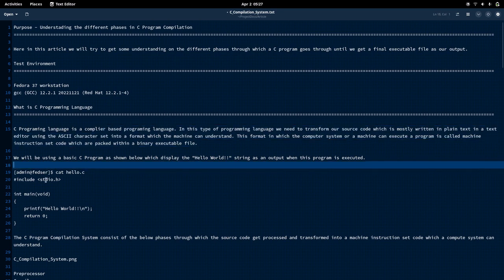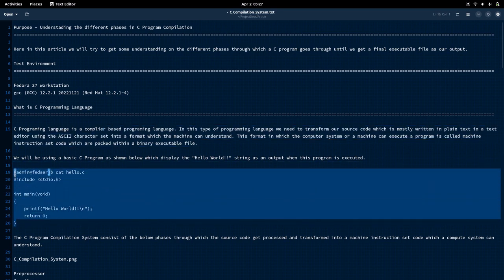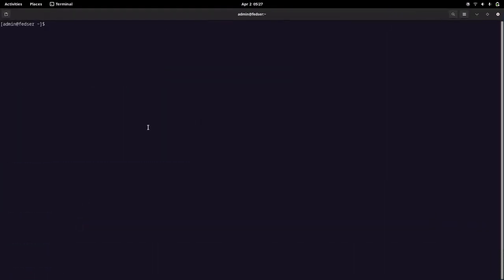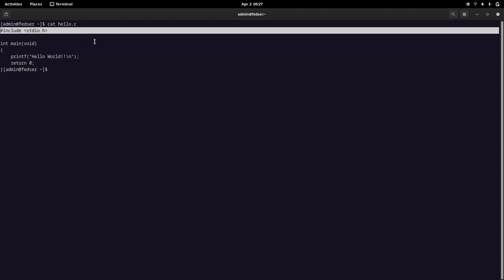So here is my simple C program. Let me go into my shell. Here is my C program that basically prints a hello world message when we execute it. It includes a header file, which means we are utilizing a library with a function called printf.